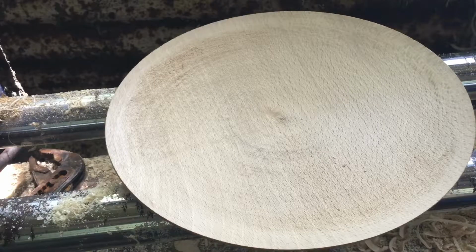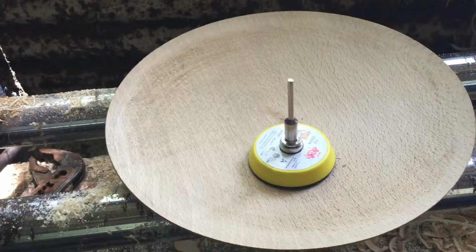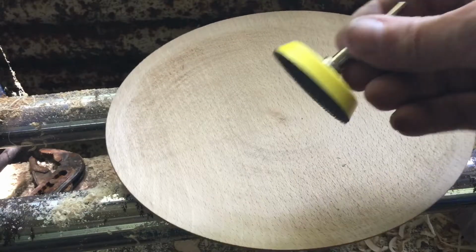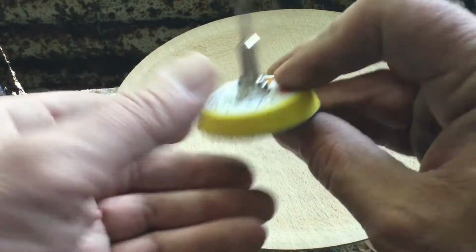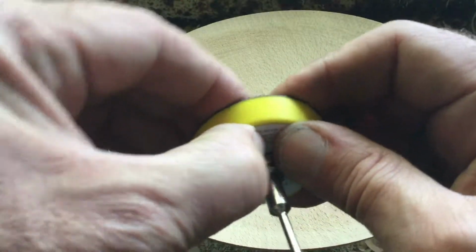This came, I don't think it actually came all the way from China, but it's marked Shenzhen. They must have a UK place though, because it's only about a week since I ordered it. That's turned up nicely, so there must be a UK warehouse. Unfortunately, it's not very flexible at all. I hoped it would be rather a lot more flexible than that, but it's taken quite a lot of effort